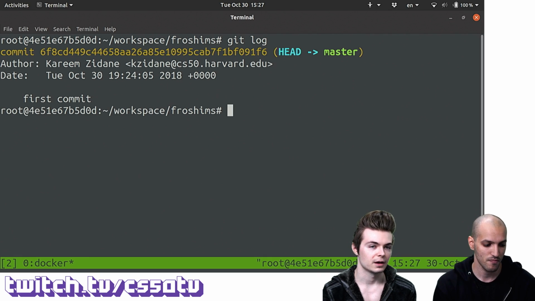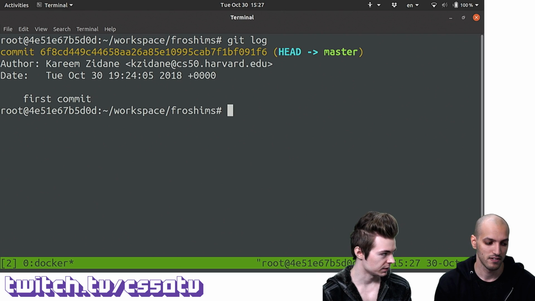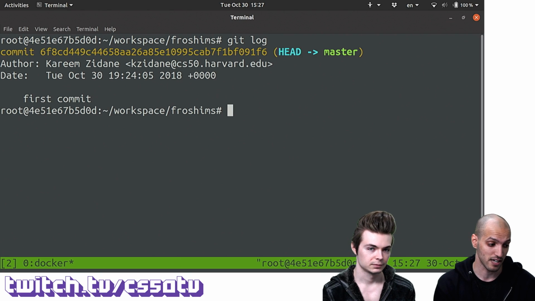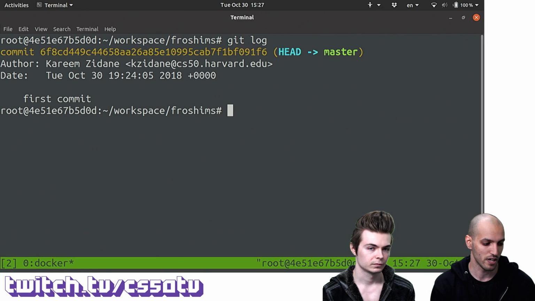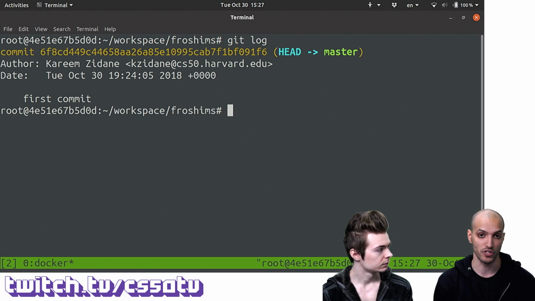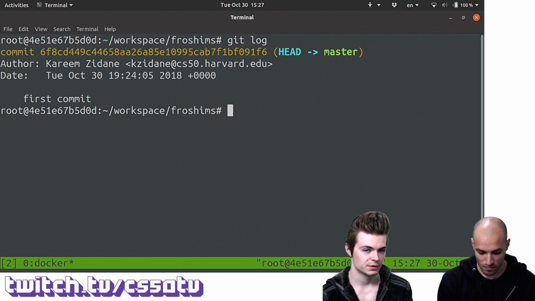I see it has your author information that you put in that git config command as well. Exactly, yes. So it lists me as the author. It says this is my email. It also lists the date and the time in which these changes happened, and of course the commit message in the end. Okay, yeah, that seems super useful.